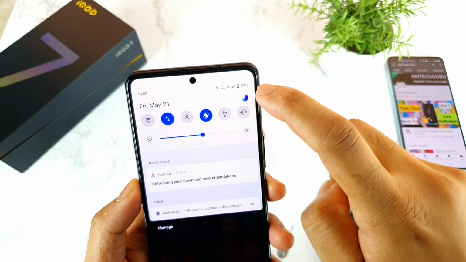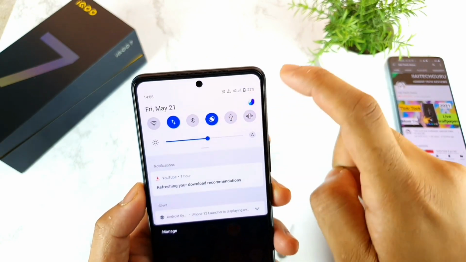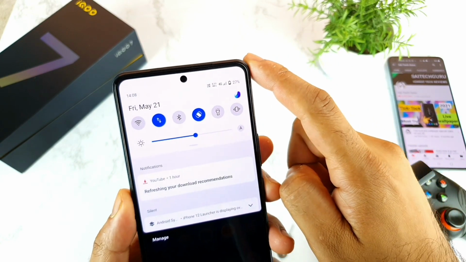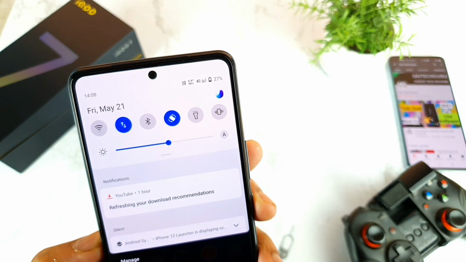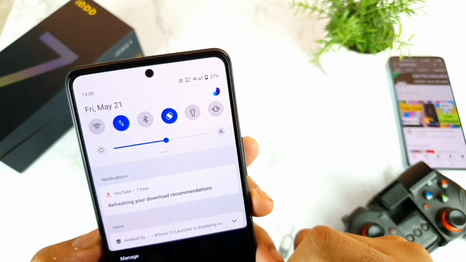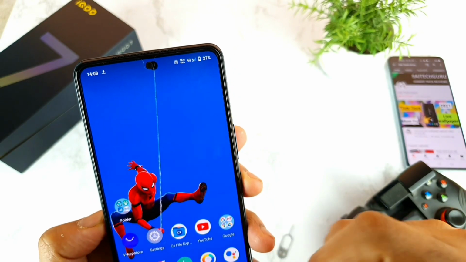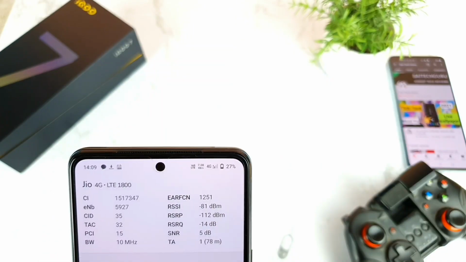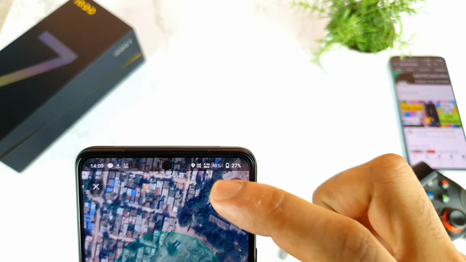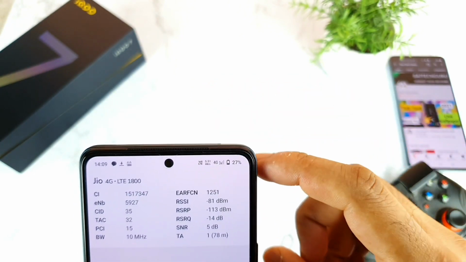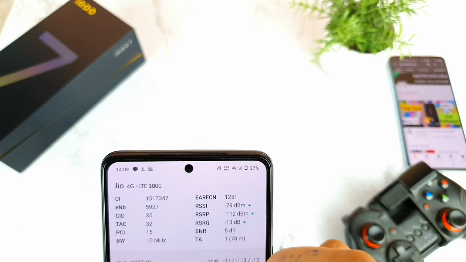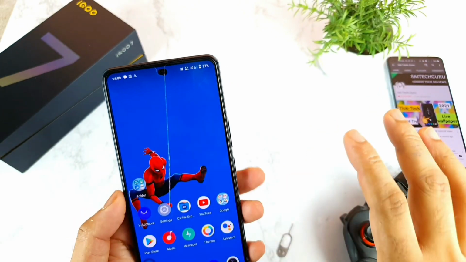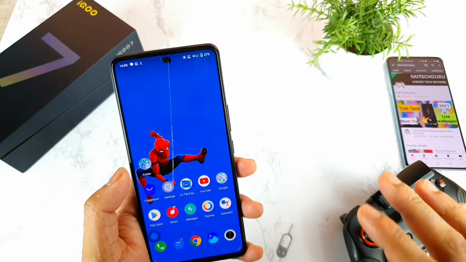As you can see, friends, on the top I turned on the 4G, and you will see only the 4G symbol. There is no 4G plus at the moment, as you can clearly see here. There is no 4G plus coming on the top of the signal. Let me open the NetMonster application and show you. As you can see, even after the update, I'm still not able to see any kind of LTE aggregation in the NetMonster application. So definitely, friends, I don't think the 4G plus problem got solved right now.